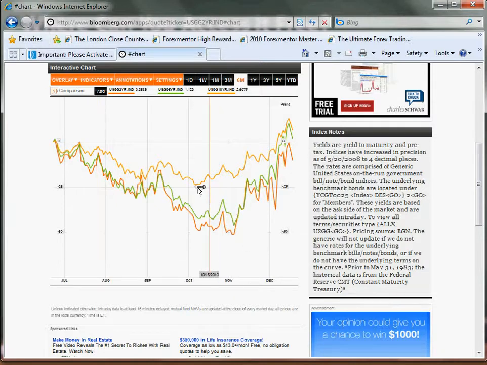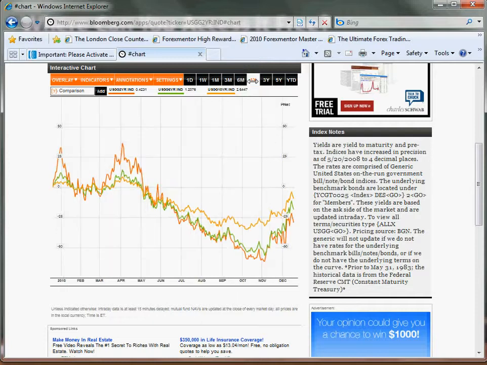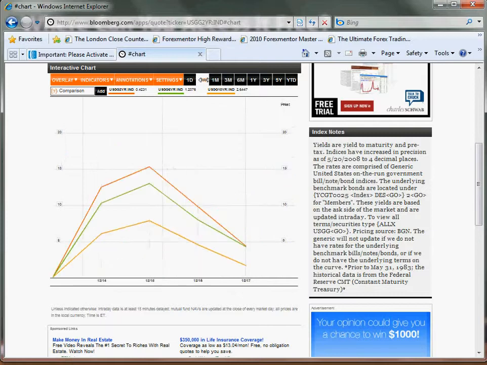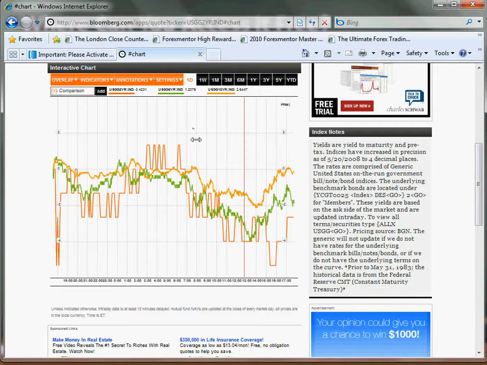You can see the same divergences here. Okay, and you can change the view from 6 months to 1 year, 3 months, and 1 week, 1 day, and once it gets down to like 1 day, your 2 year is going to